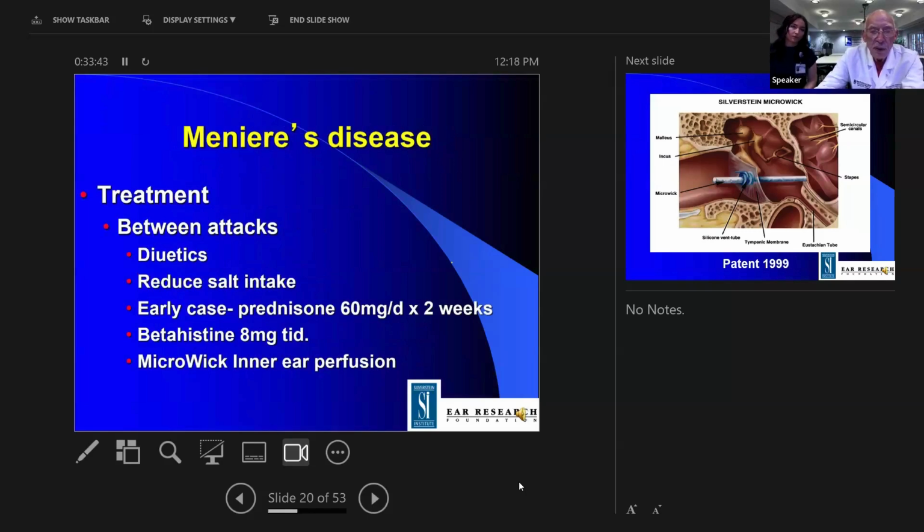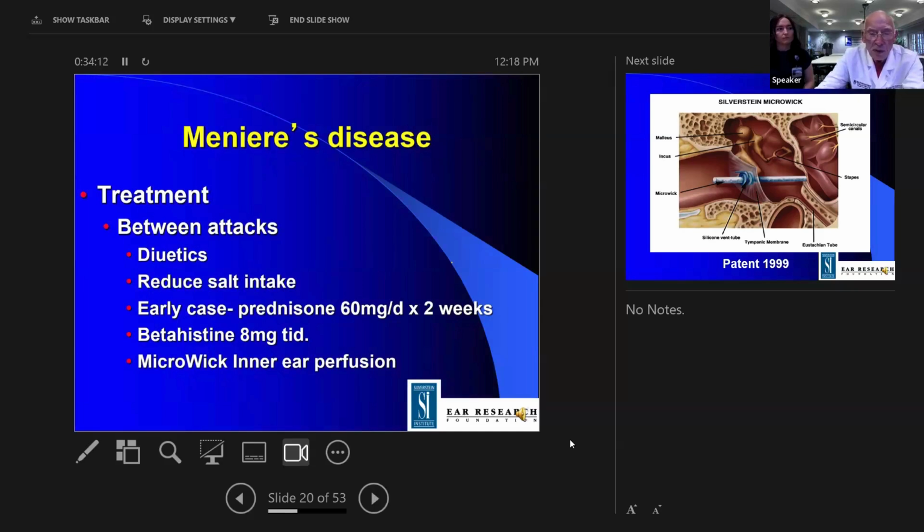So the treatment between the attacks is we usually place the patients on diuretics: triamterene, Diazide, or Diamox. Diamox is the best drug to take, but sometimes the patients don't like taking it because they get numbness of their tongue and fingers, but it's probably the best diuretic for Meniere's disease. And we reduce the salt intake,